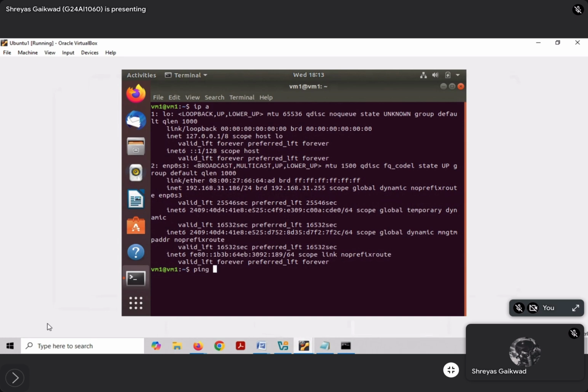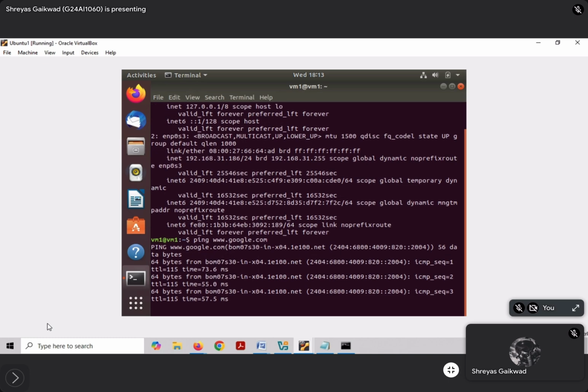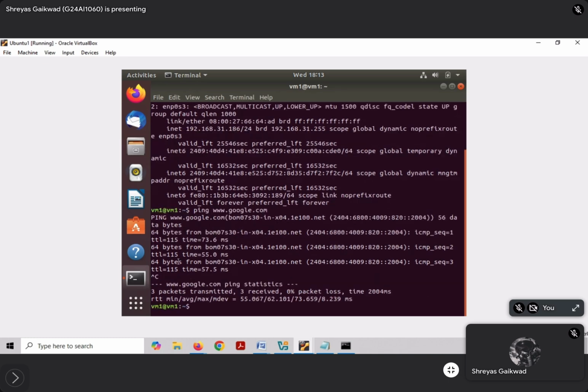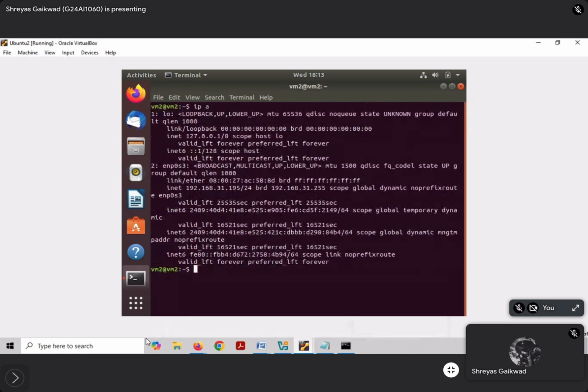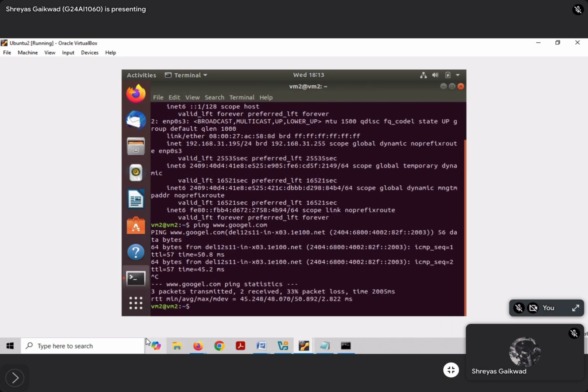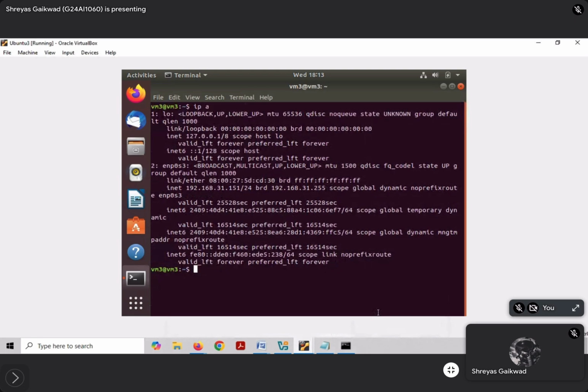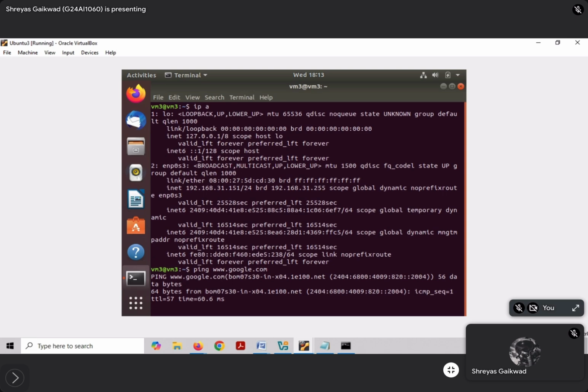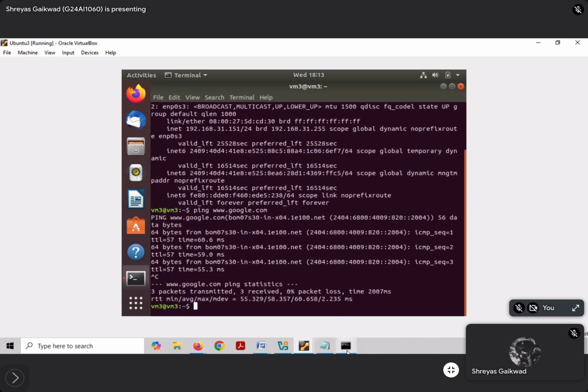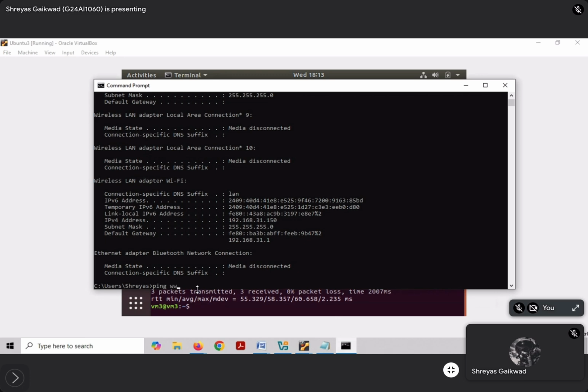Ideally, you can open Google in the browser, or alternatively ping google.com using each of the machine terminals. So for VM1, the internet is connected and it is serviceable. For VM2, it shows connected and the packets are being sent and received successfully. Similarly, for VM3, the pinging should be good. So each of the machines are connected to the internet. My host machine no doubt has Wi-Fi connected,